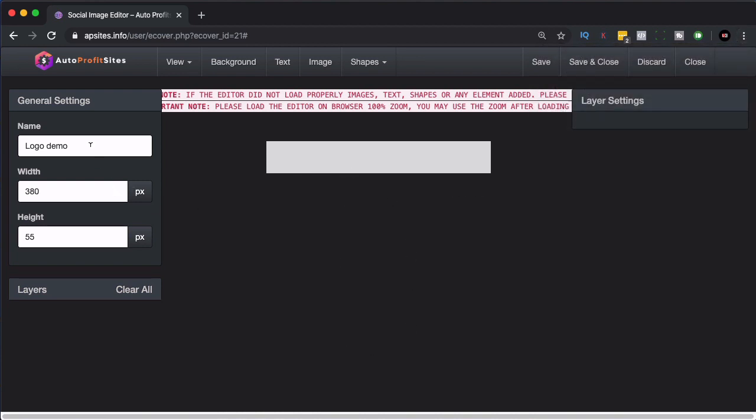On the left hand side, we've got a layers tab here, and you'll be able to create a variety of layers. On the right hand side, you'll have settings, and these settings will be dependent upon what you select. At the top, we've got the ability to throw in a background, throw in some text, images, and shapes, for example. So if I just throw in the text here,